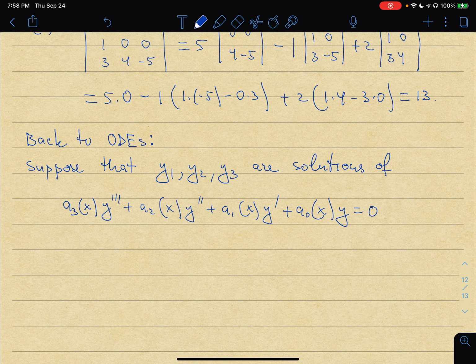So there are 3 different solutions of a third order homogeneous equation. Then the set of solutions y1, y2, y3 is linearly independent